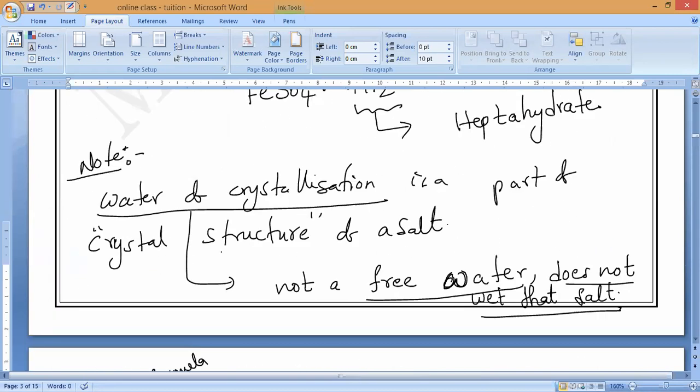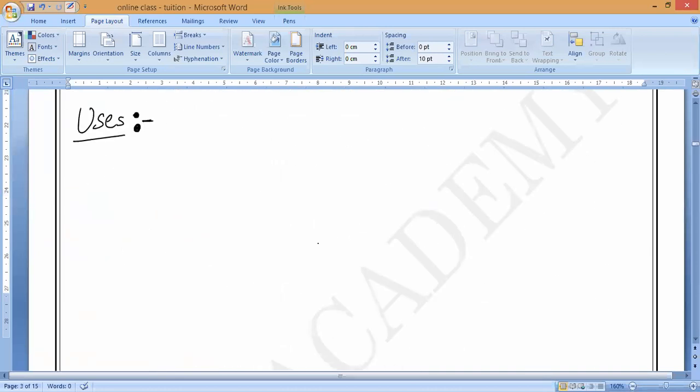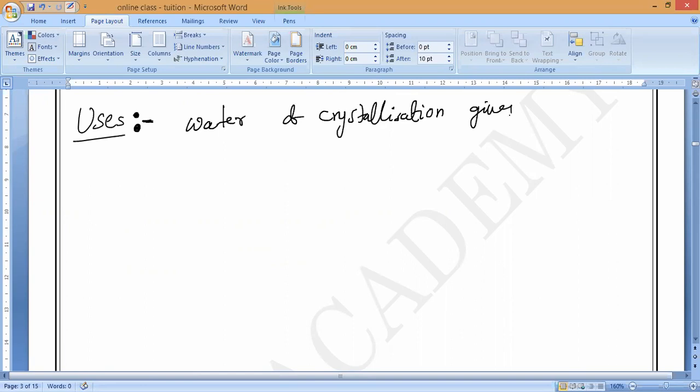Here you can see they are part of the formation of the crystal structure. Only if you want to get the crystals of the salts must they contain this water of crystallization. That is why I can say the water of crystallization gives the crystals. Understood? Water of crystallization, write it. Water of crystallization gives the crystals of